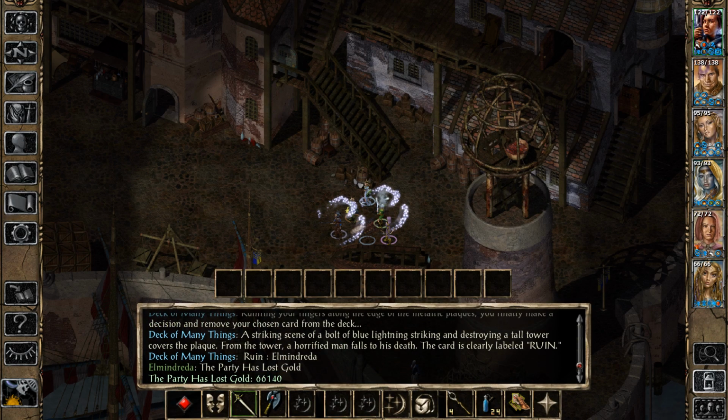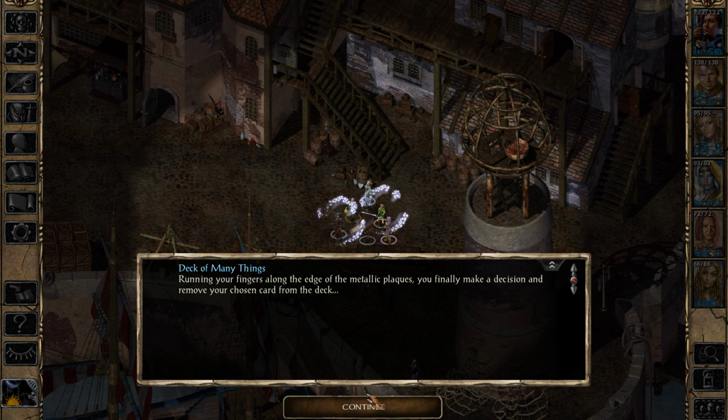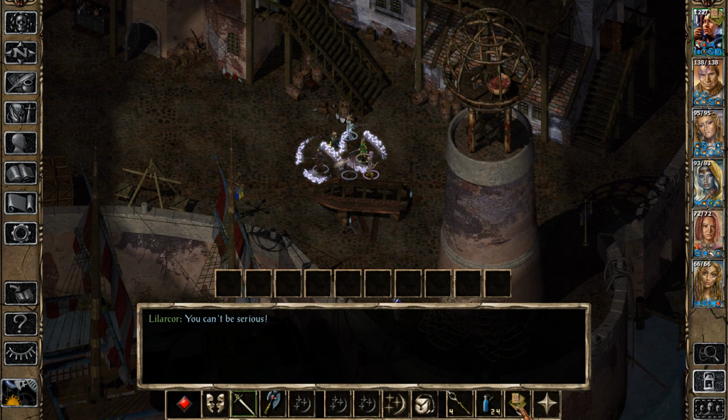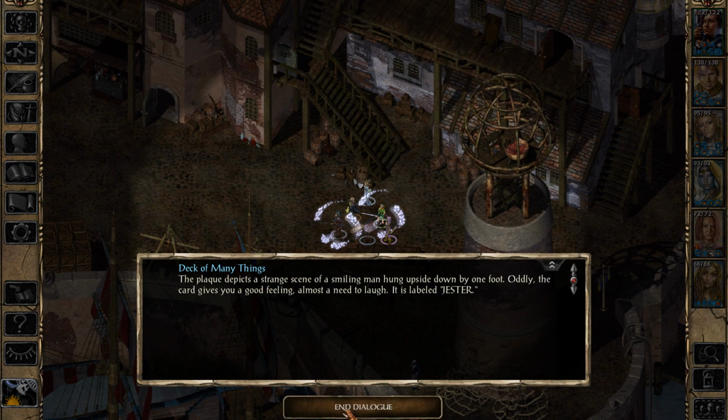There's Ruin again. I am invincible. Invincible, I say! Good for you, Lilikor. Uriale, then. You can't be serious. He doesn't like me,